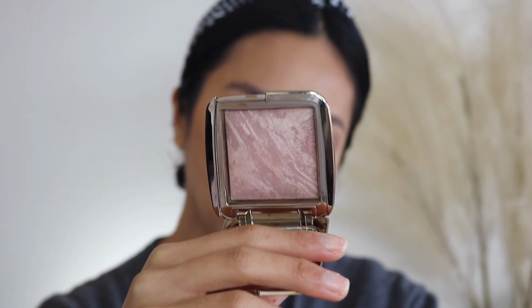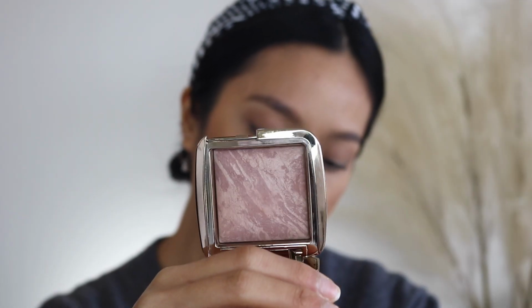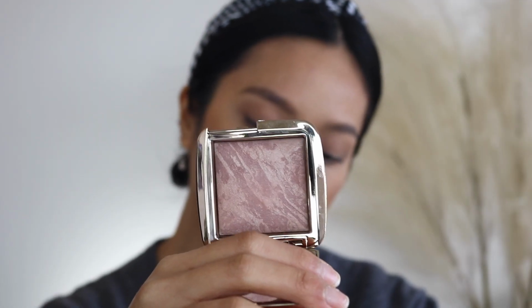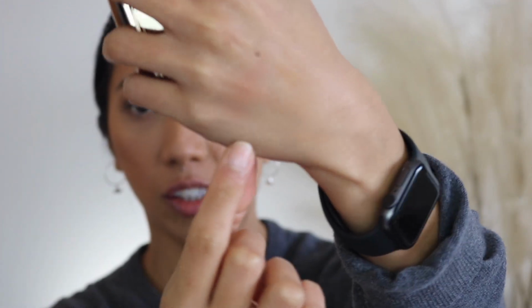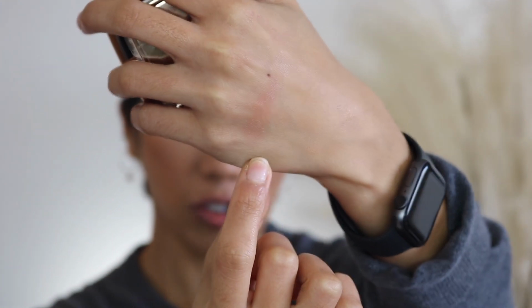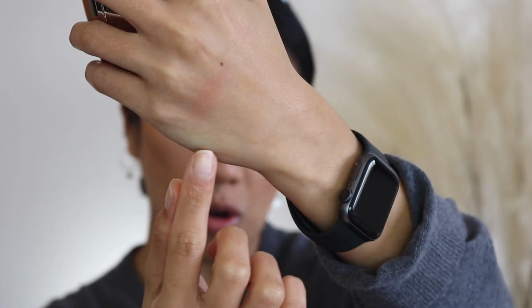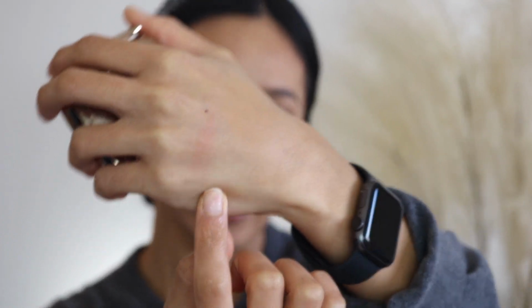This specific shade has got a soft plummy look to it. It's a soft focus multi-dimensional cheek color that stays all day. So this is what it looks like. You can't really tell because it kind of blends in, but it looks a little bit more like a warm brownie blush. I think I'm going to use this as a